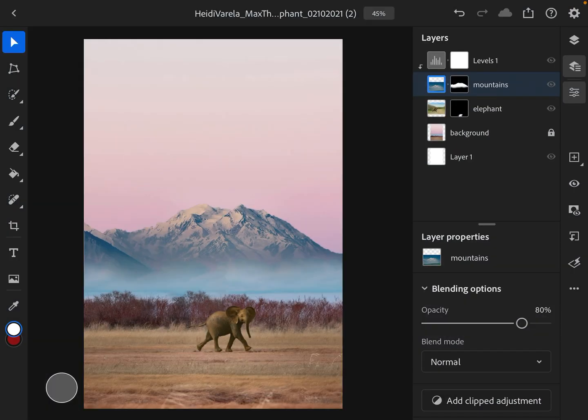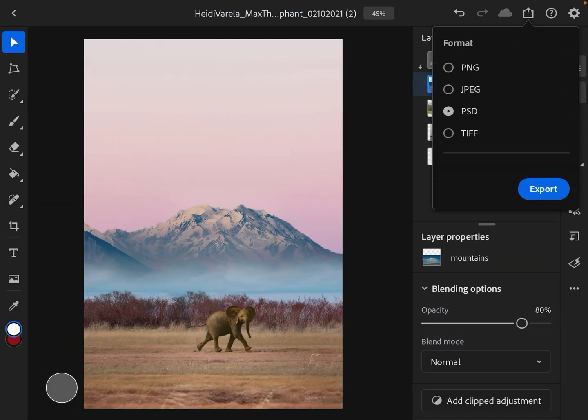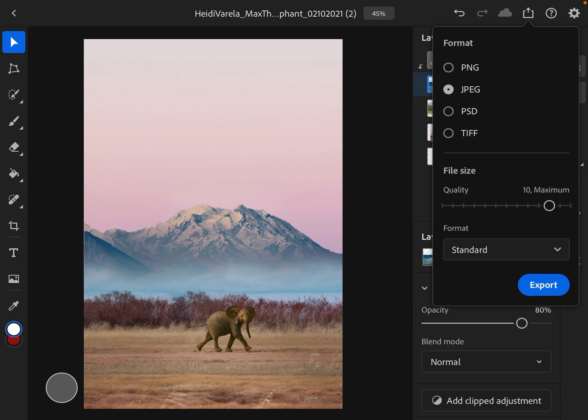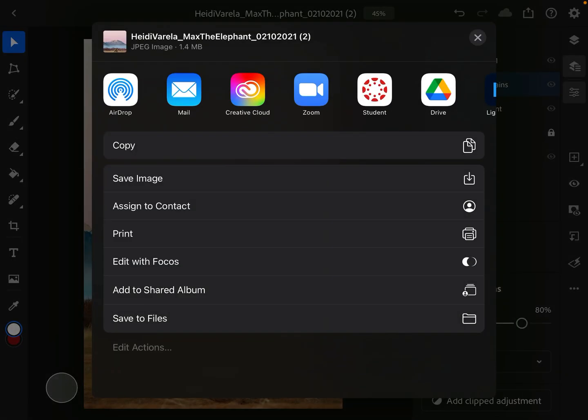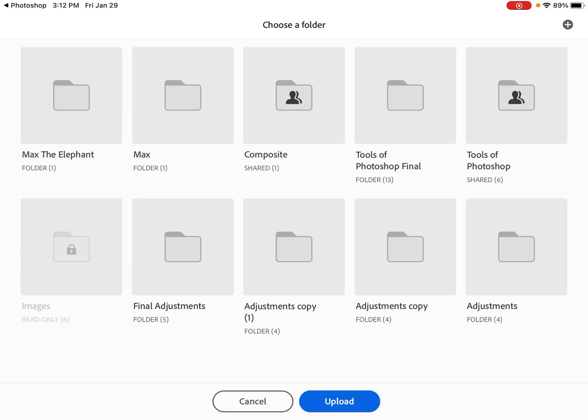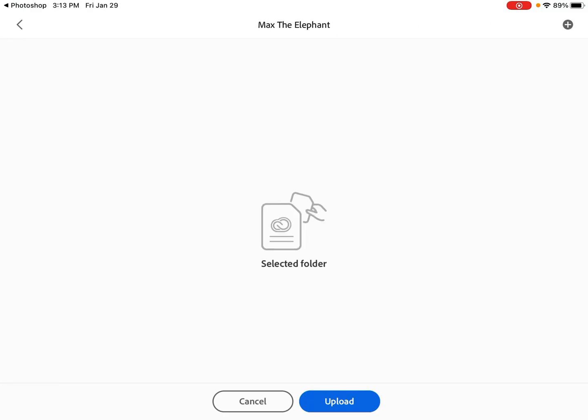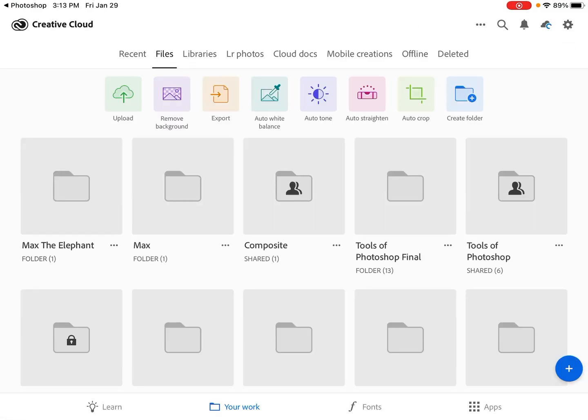Go back to Photoshop. I'm going to share, publish, and export. Now I'm going to pick JPEG and export. I'm going to pick Creative Cloud, pick Max the Elephant, and hit upload. And again, it's uploading. And now it didn't take a very long time at all. Okay, so now I have those two files, the PSD with all the layers still intact, and I have the flattened JPEG. And now I'm going to hit, and now we're done with